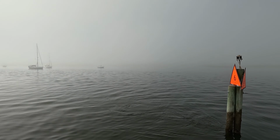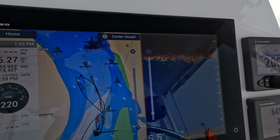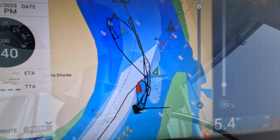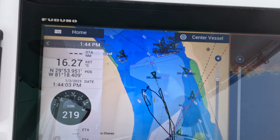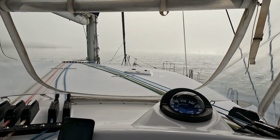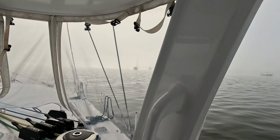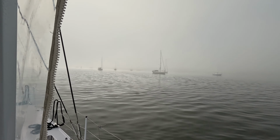Pulled open. We've pulled up anchor to go around to the Windward Marina, at a very shallow little tributary, to go up, and this freaking mist is coming back down again. It was open, the sun was shining, yeah, and it's jamming off again. So